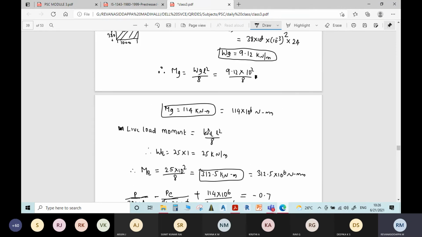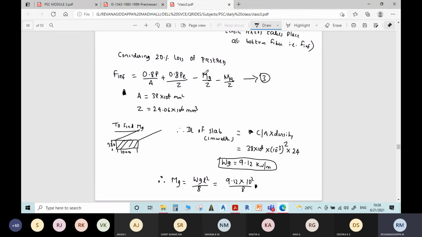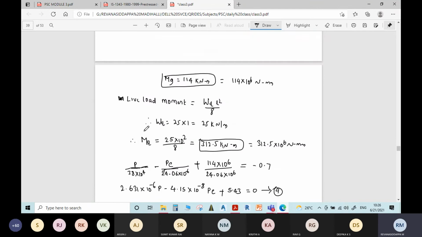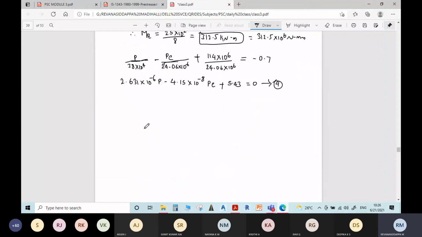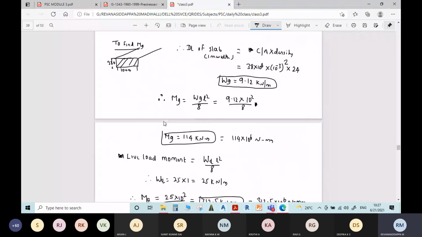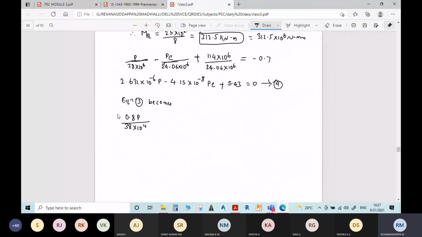Okay. Now use this equation number 3. Substitute all the values, Z value, mg, mq and area. You will get one more equation now. Therefore, equation 3 becomes 0.8 P divided by 38 into 10 power 4. See, 0.8 P by A, then plus 0.8 P by Z plus